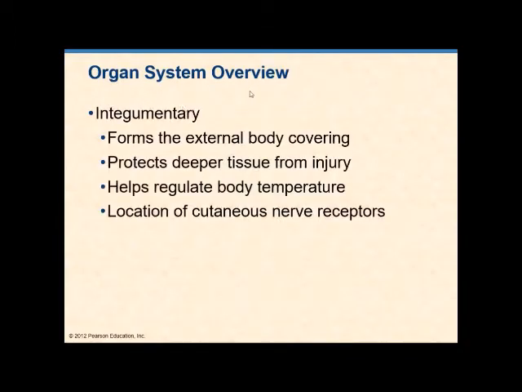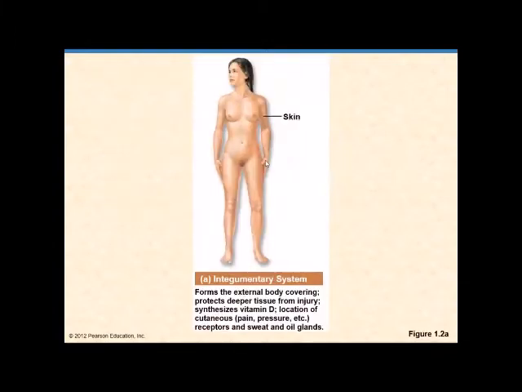Organ system overview: we've got lots of organ systems, and I'm going to talk just a little bit about each. We have the integumentary system. That's the skin. It covers the body. It regulates temperature. It has receptors for pain, hot, cold. It protects deeper tissues from injury. And there's your basic skin covering. It also does some other things like make vitamin D,